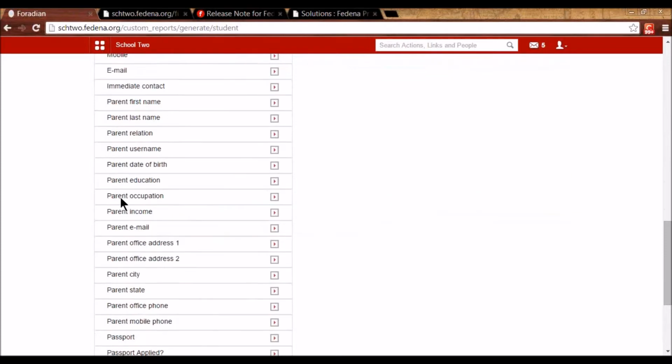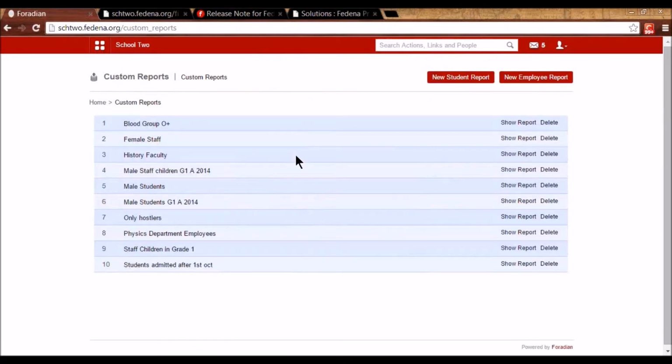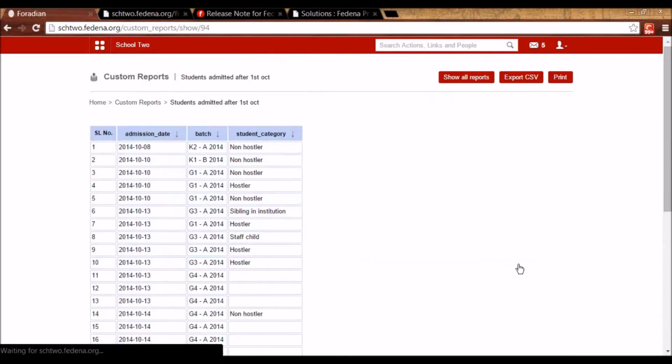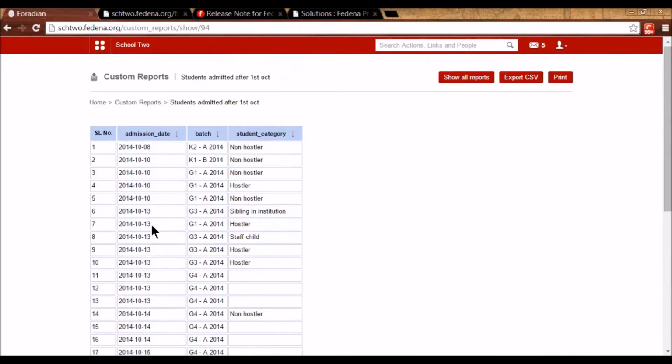So here, this option was not there earlier, but now we can see the parent username as well for the particular report that I am filtering. So here, if I've selected that, parent username will also be appearing as a column.